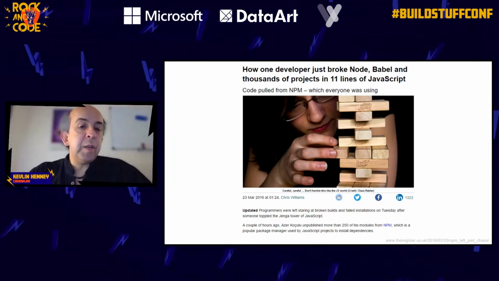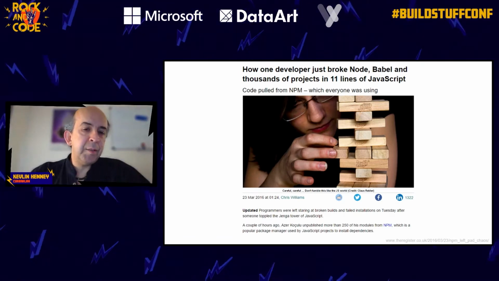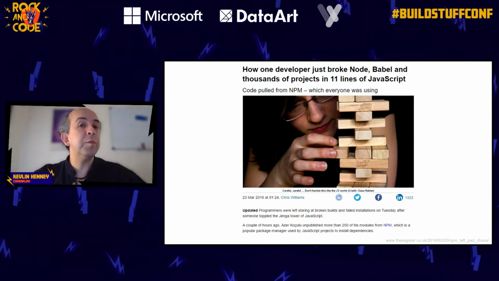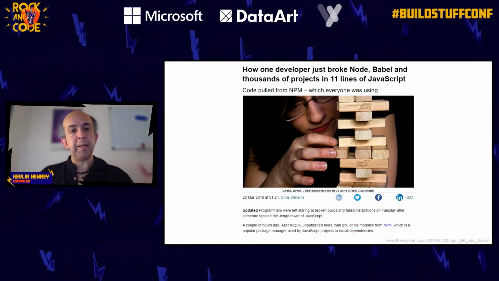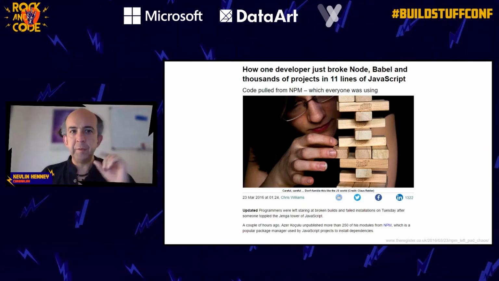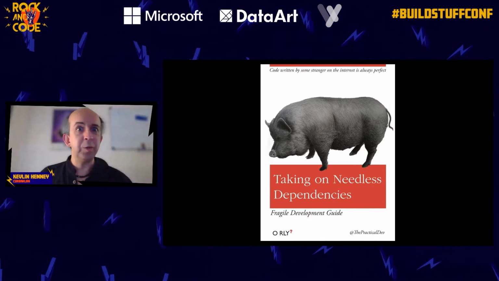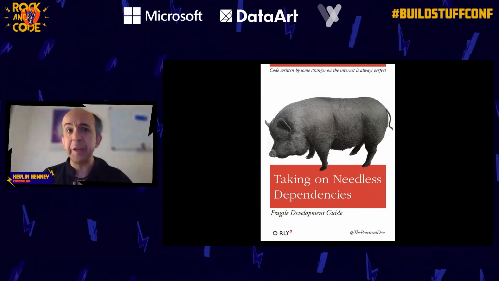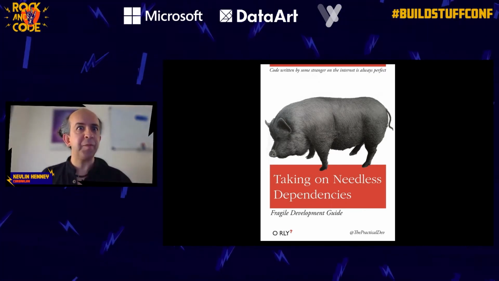So 4 years ago, we had the left pad incident. This was an interesting one. Just a few lines of code were pulled from a website for a dispute over licensing. And it turns out that lots of people had a transitive dependency on this code, a handful of lines of JavaScript. And the point is that people will happily take on all kinds of stuff. You wouldn't believe some of the stuff that you can find on NPM. It's shocking. I don't mean shocking it's bad. It's just the stuff that people are actually doing.